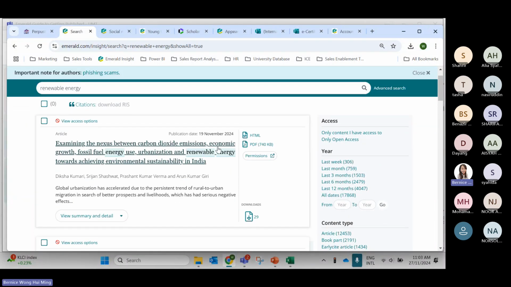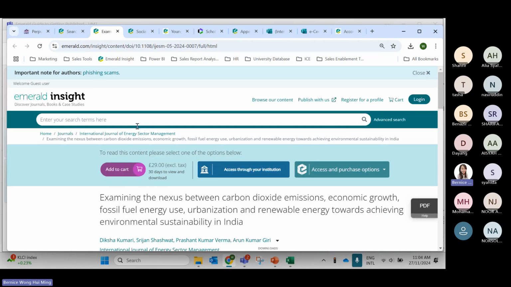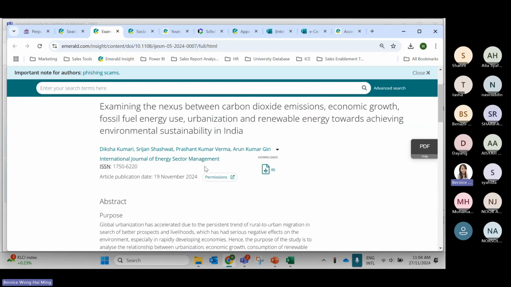So these are some renewable energy articles. From here, you will be able to know which journal this article was published in. This is published in International Journal of Energy Sector Management. You can go to the journal.